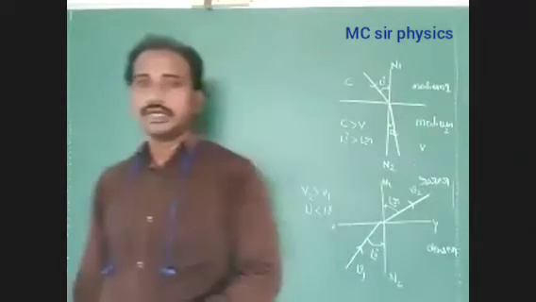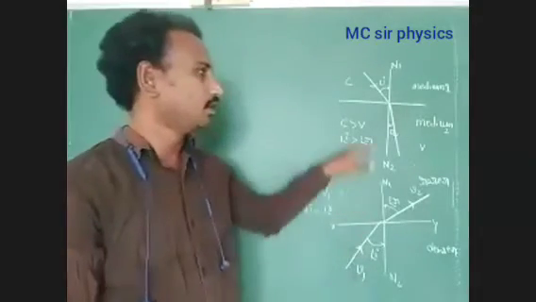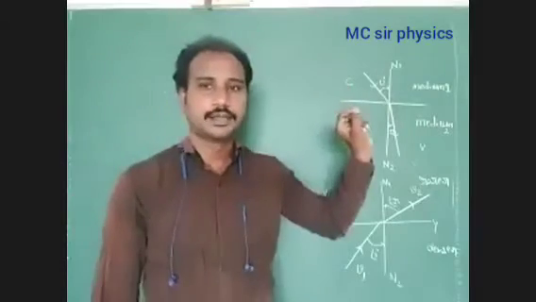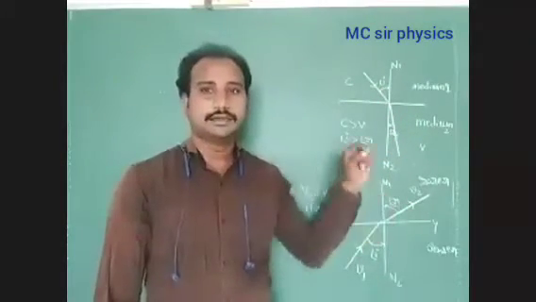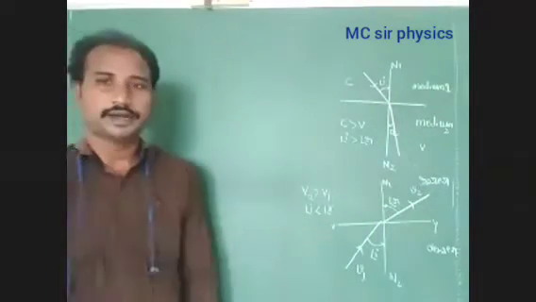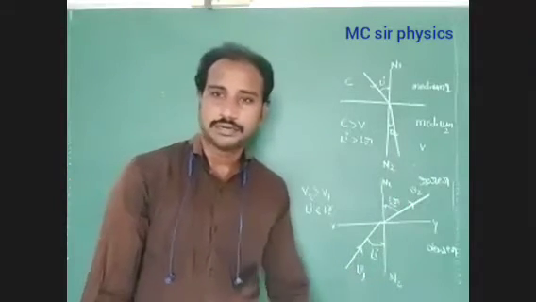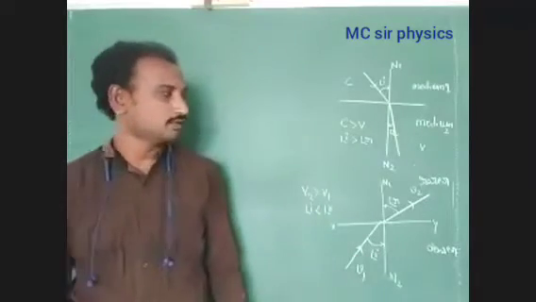But what about the second law of refraction? Second law of refraction: the incident ray, the refracted ray and the normal lie at a point on the refracting surface. Okay, it is the second law of refraction. Generally, the second law of refraction can be explained with the help of Snell's law. Those points we also discussed in the last class.